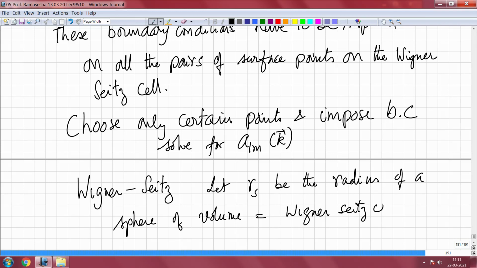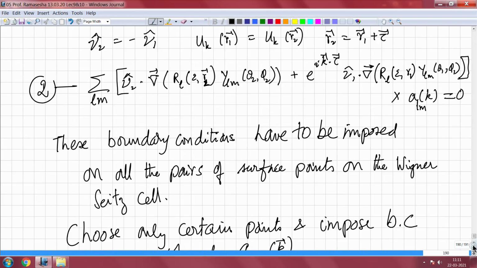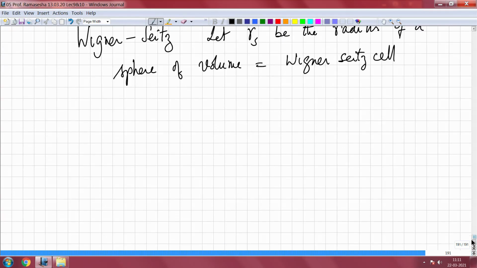So, they replaced the Wigner-Seitz cell by a Wigner-Seitz sphere, and they put the boundary condition that delta psi by delta r at r equal to RS equals 0,